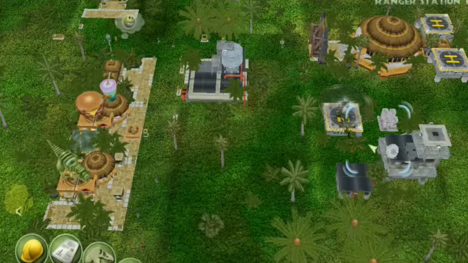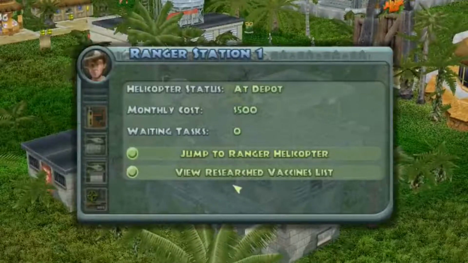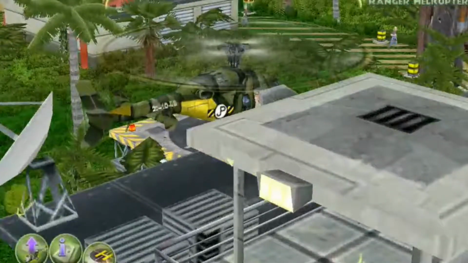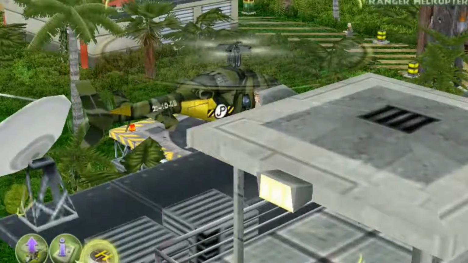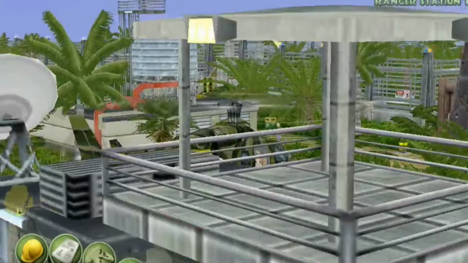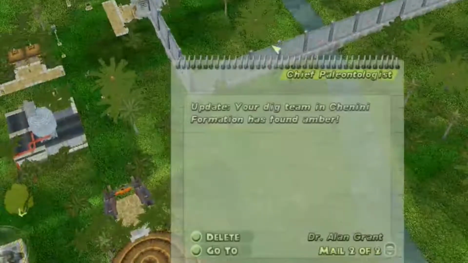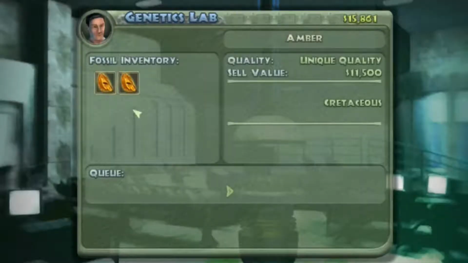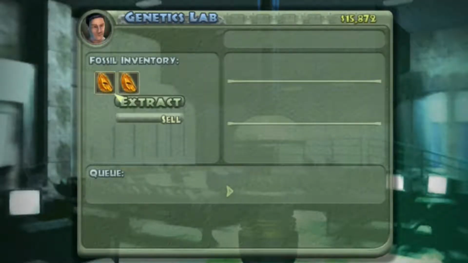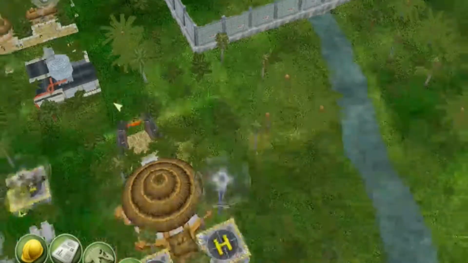Greetings. Wait, no, I didn't want that. Waiting for my orders. Yes, you wait for orders because you don't have a reason yet to kill anyone. Message from Dr. Grant. What do you want, Grant? That's interesting. Absolutely. Alright, now we got...